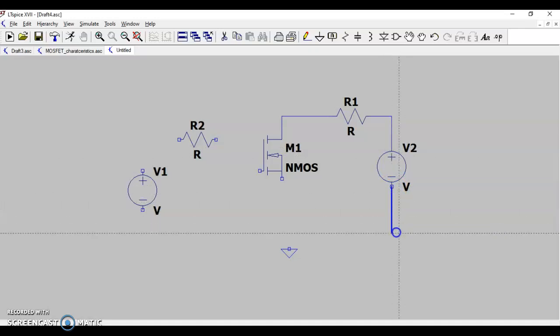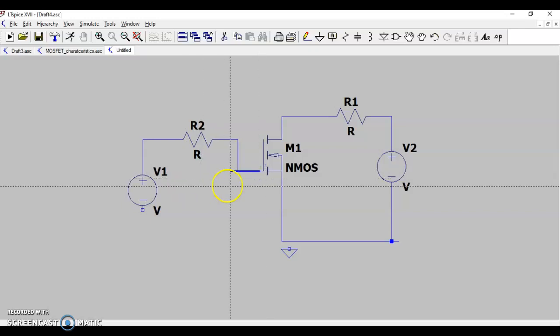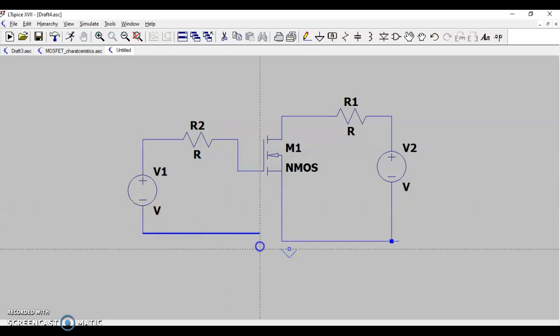Double click on a wire to end the wire. So here we have connected the circuit.